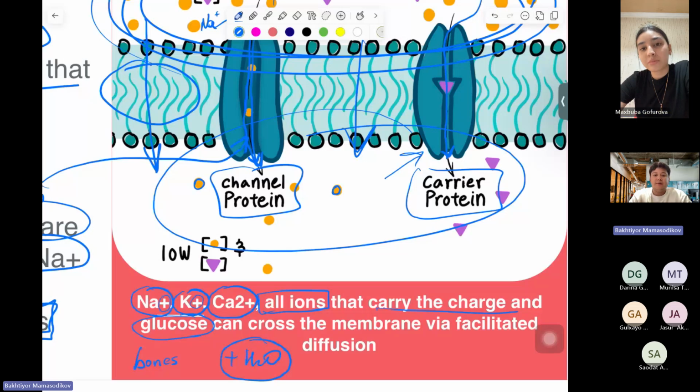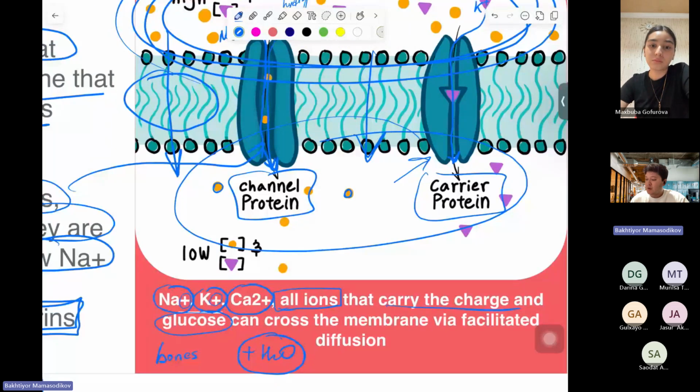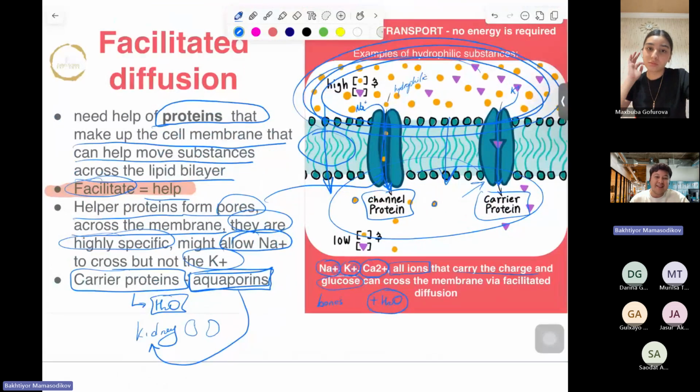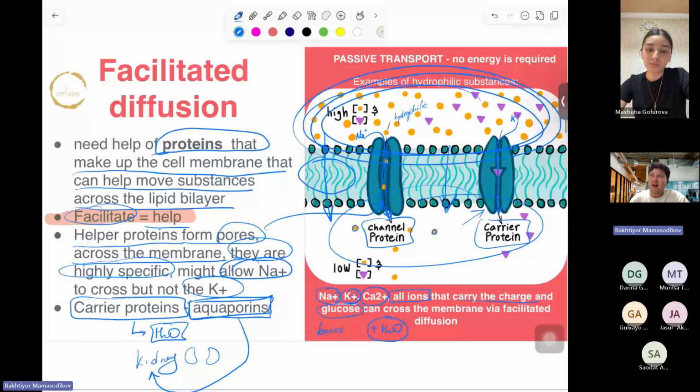Any questions so far? You have to know which substances can cross through passive diffusion, which substances are crossing with facilitated diffusion, which substances are crossing with active transport, and which substances are crossing through bulk transport. Any questions from this slide? This is one slide, but out of one slide, we talked a lot of information. So it's suggested to make notes or re-watch the video if you haven't done the notes. Make notes, you will learn a lot at the end. You will be almost doctors, better than the doctors who are sitting in polyclinics.